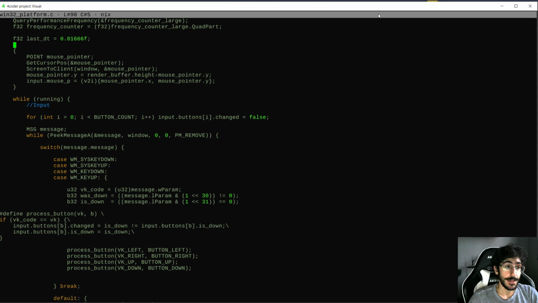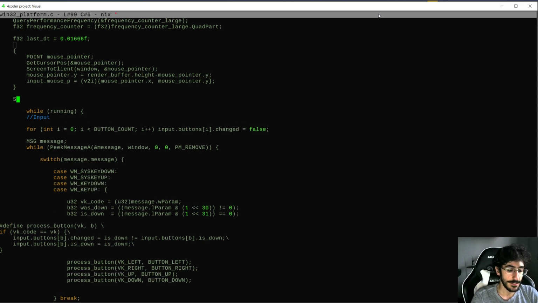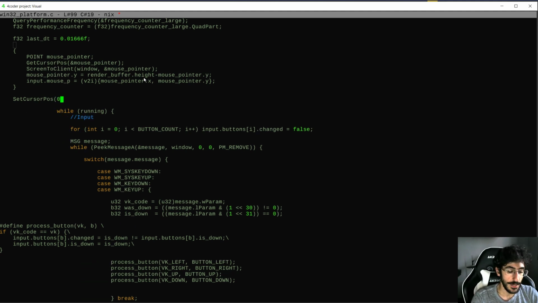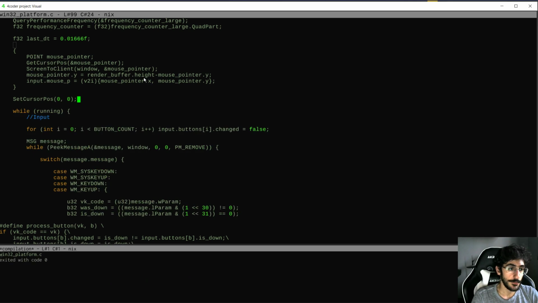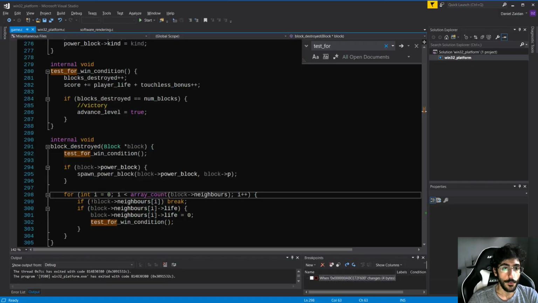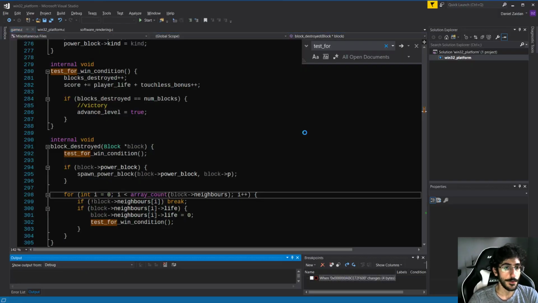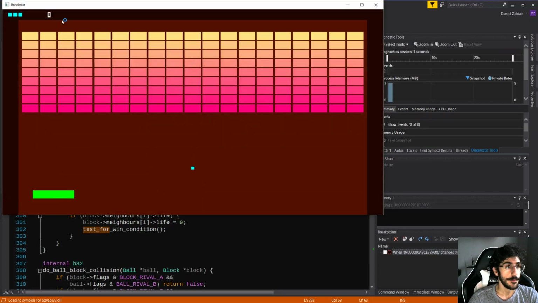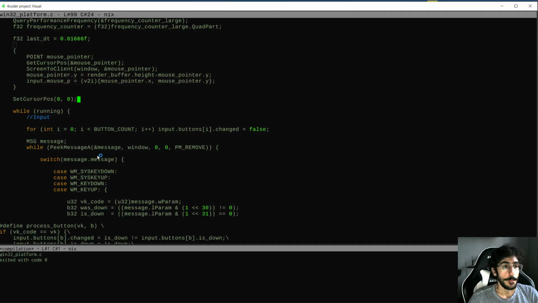So let's do that. Just for testing here in the beginning, it's set cursor pos. If you guys remember, we used get cursor pos to get the mouse position. Now we're going to set it, and it just takes X and Y. So we set it to 0, 0. I suppose the mouse is going to be like here when we play the game. Yeah, it is. Now, we want to set it to the middle of the screen,